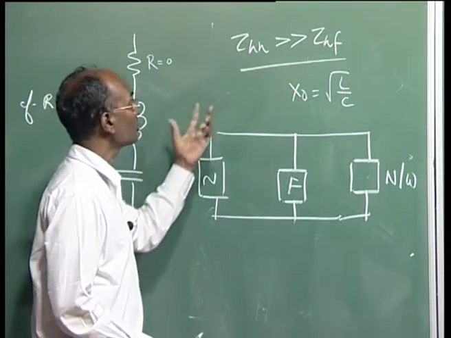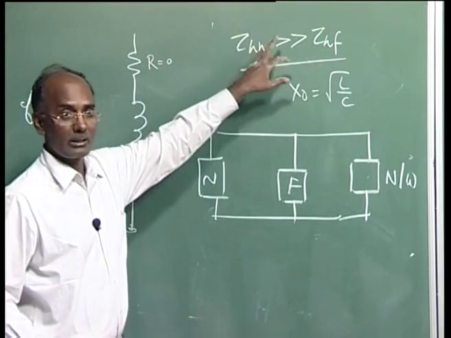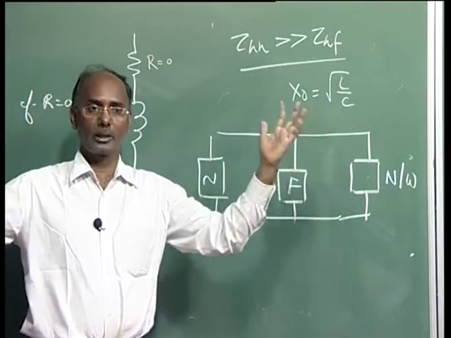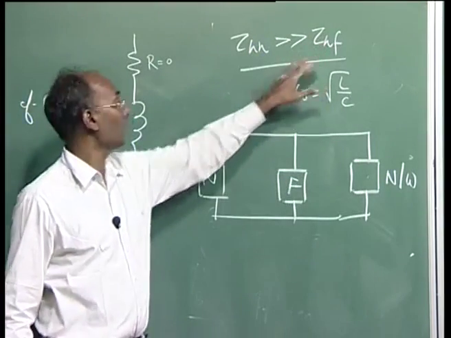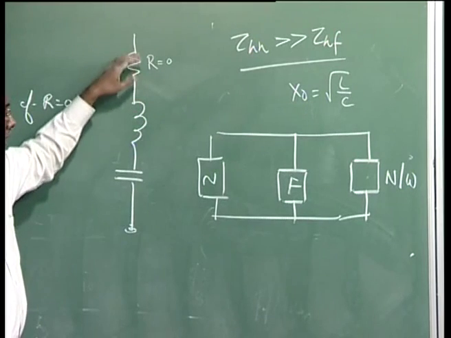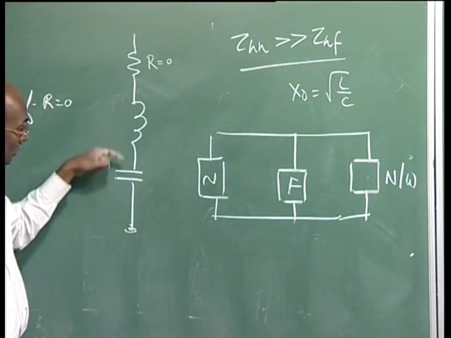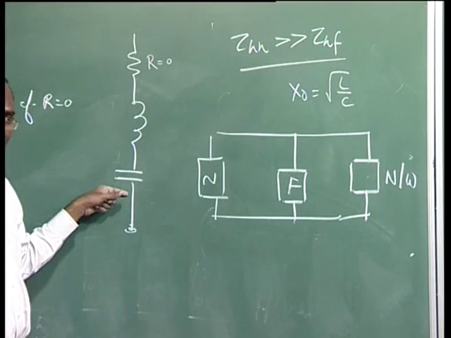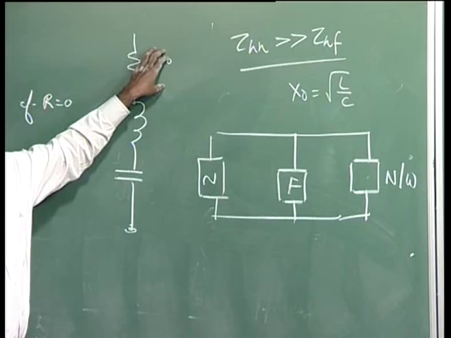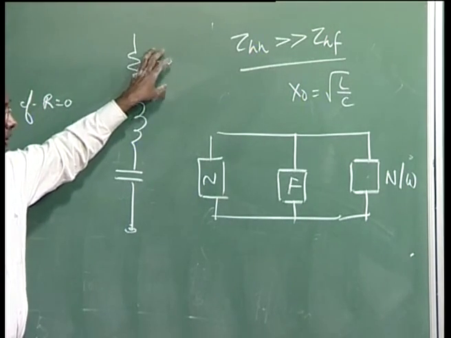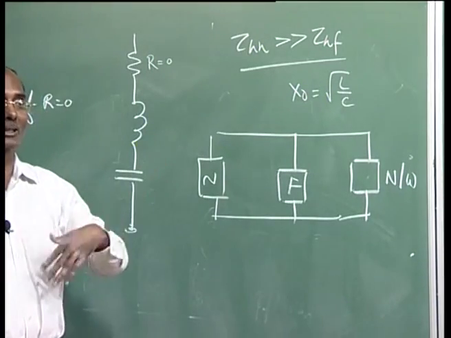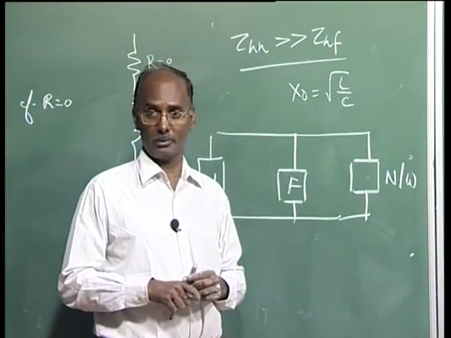So, we design the filter to achieve this. This one is in our control, this is not in our control, because you cannot control the network as a whole. This component you can choose, and here you have the parameters. So, the option is that you have to decide the impedance for that one. At the tuned frequency the impedance of these components is 0, only this is contributing, so you make it as small as possible. But at the same time you have to see that there should not be any resonance, and it should not be an oscillating circuit, it should be properly damped.